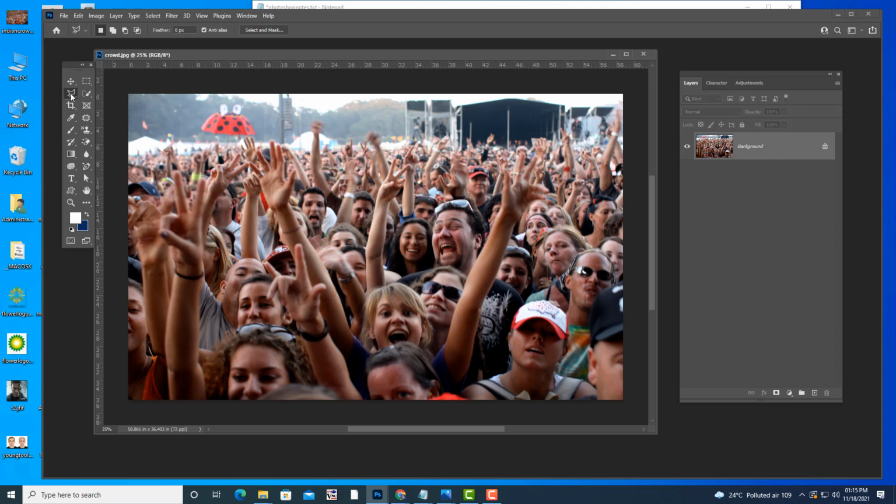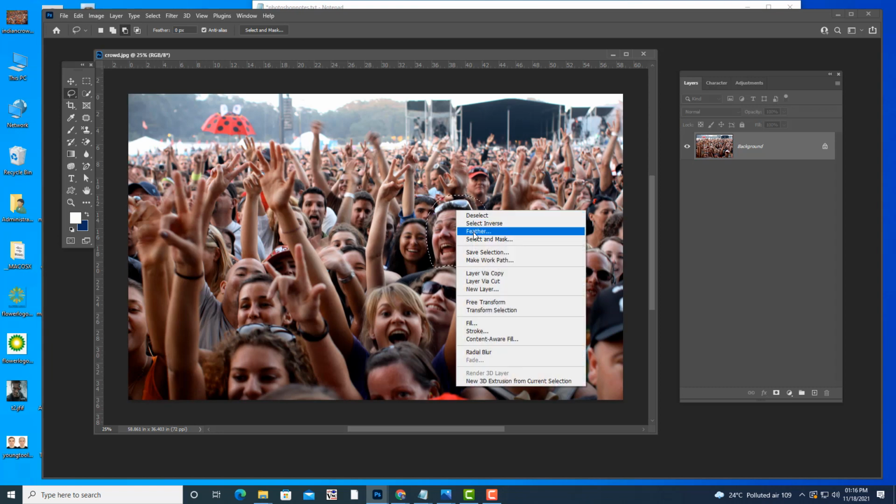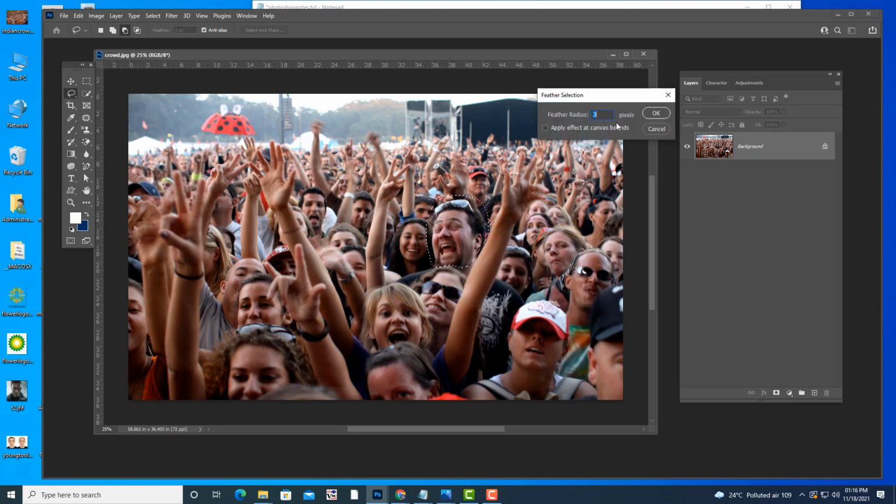So I am going to select the lasso tool and draw a selection around this person like this. And I can give some feather also. Right click, Feather, or you can use Shift F6. I will give 12 as the feather radius.